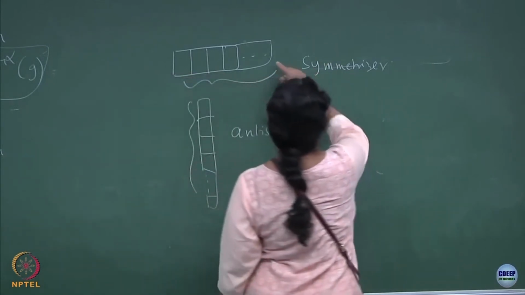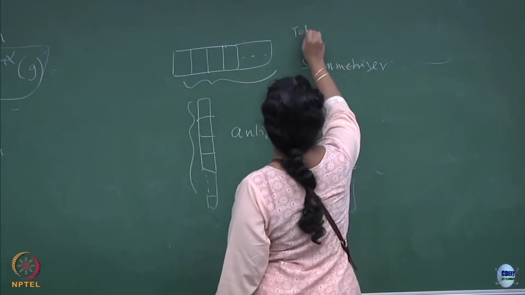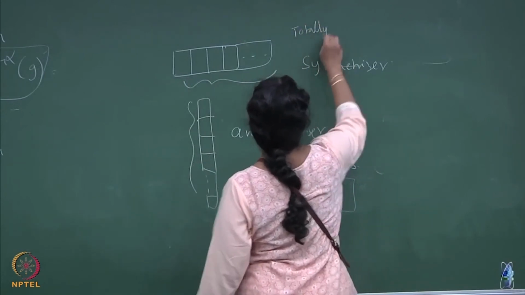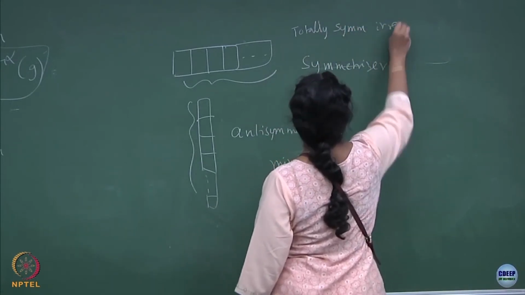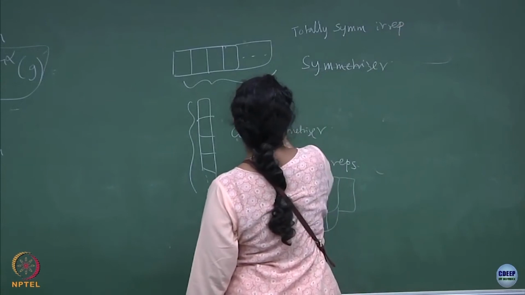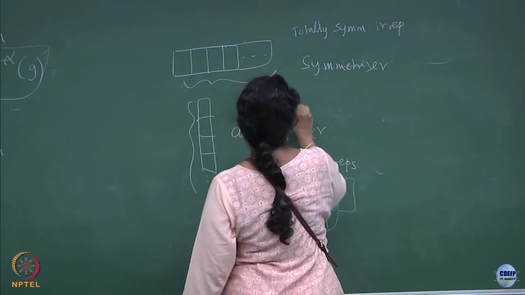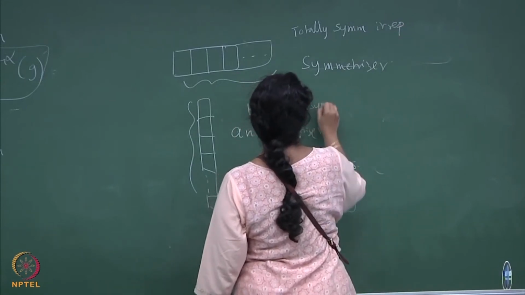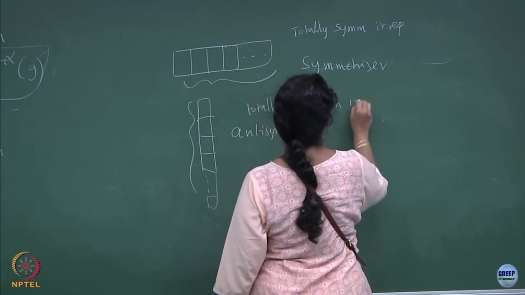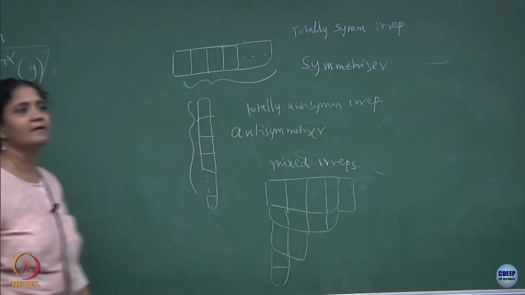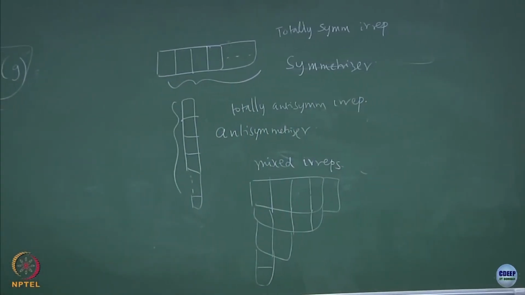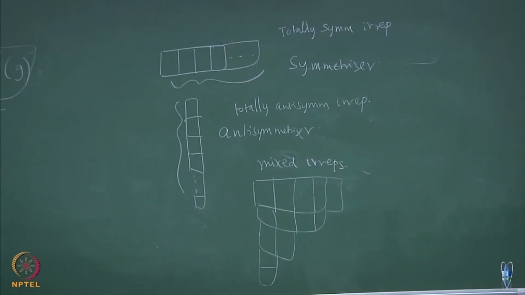So, I can say that this is totally symmetric irrep, this is totally antisymmetric irrep. Okay. Now, my claim is that